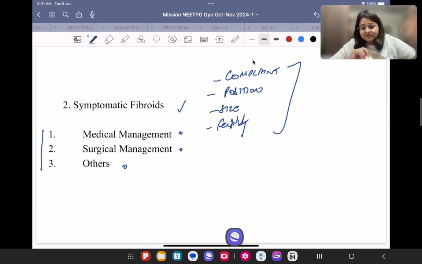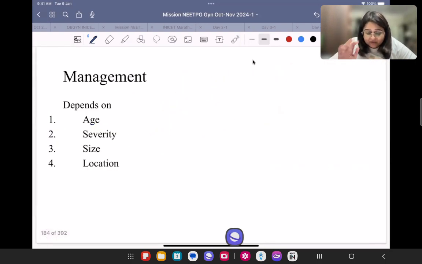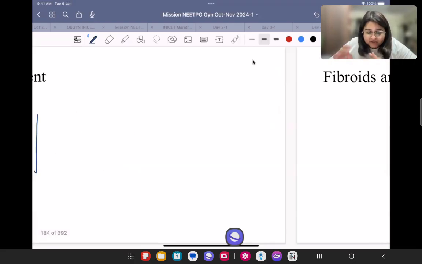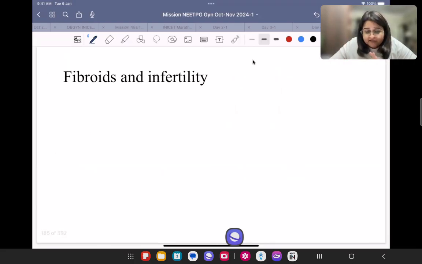And this depends a lot on what her complaint is, where the fibroid is, what the size is, whether she wants pregnancy. It depends a lot on these things also. Okay. Now, so age, severity, size, location. Now, fibroids and infertility, I have already told you, if the patient has infertility and fibroids,